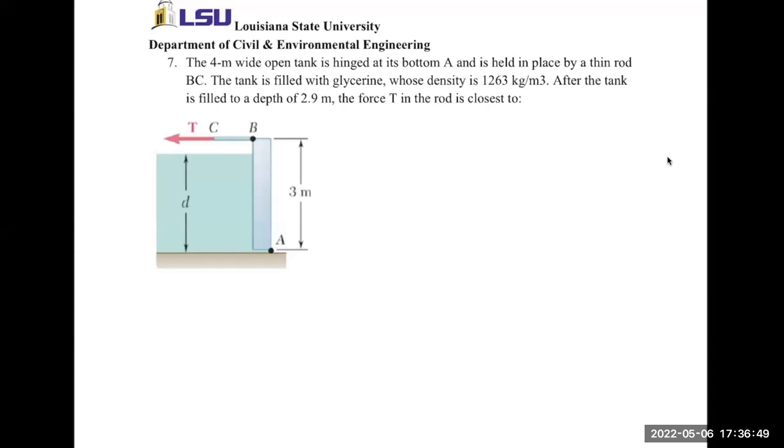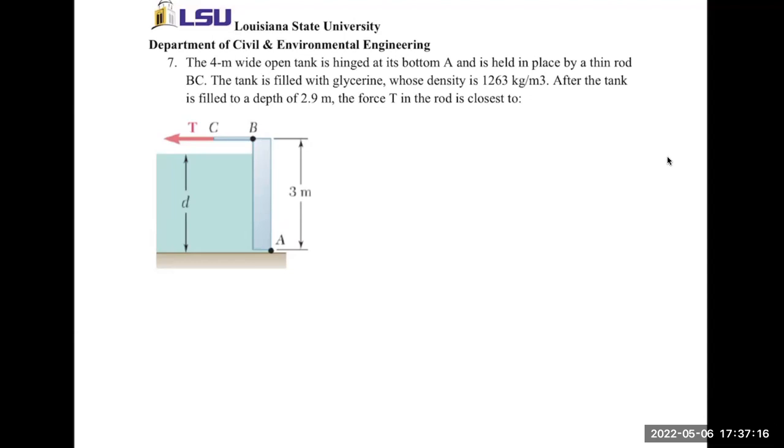Okay, guys, so problem number 7 says the 4-meter wide open tank is hinged at its bottom A and is held in place by a thin rod BC. The tank is filled with glycerin, whose density is 1263 kilograms per cubic meter. After the tank is filled to a depth of 2.9 meters, the force T in the rod is closest to